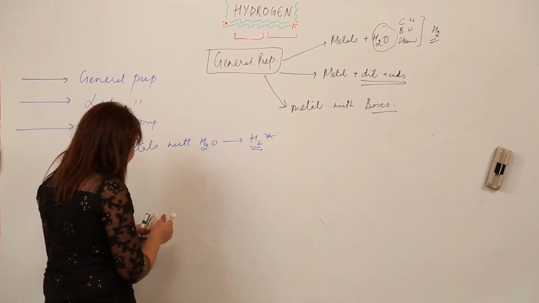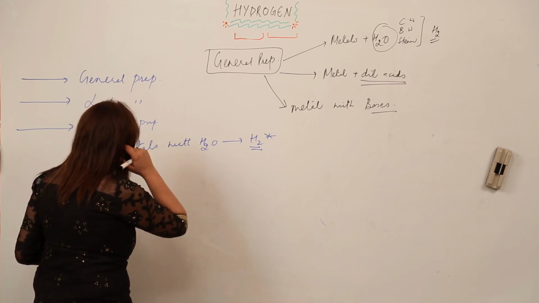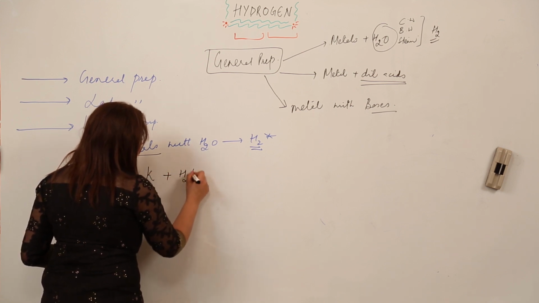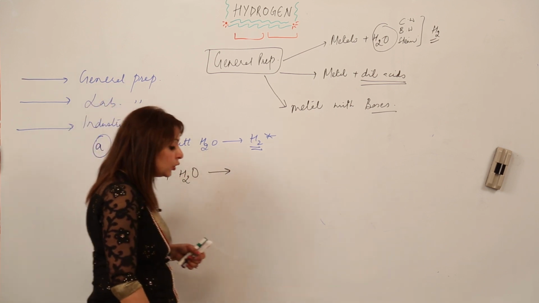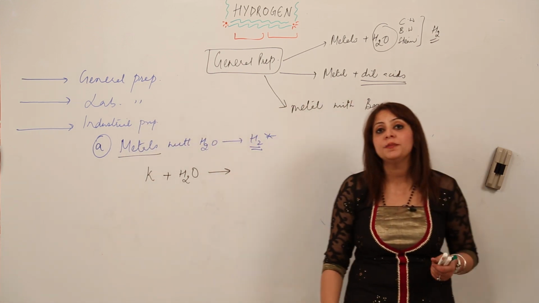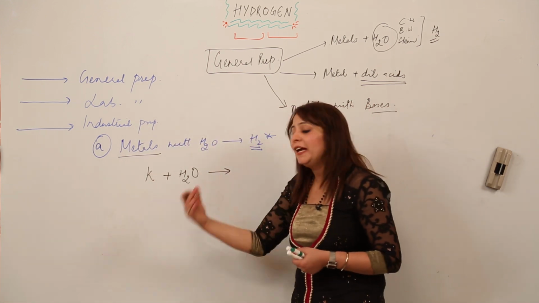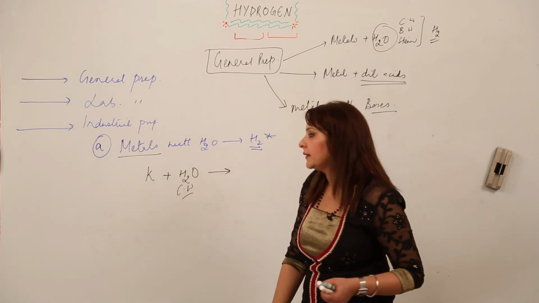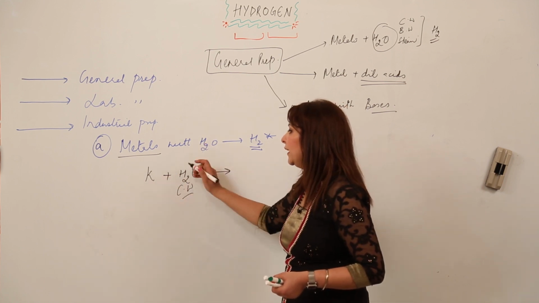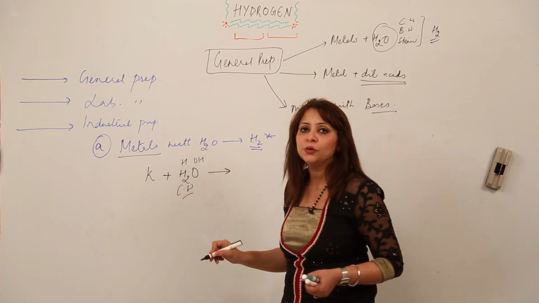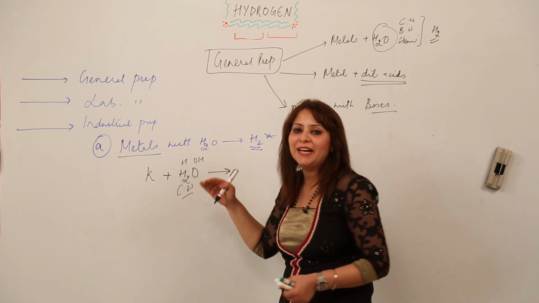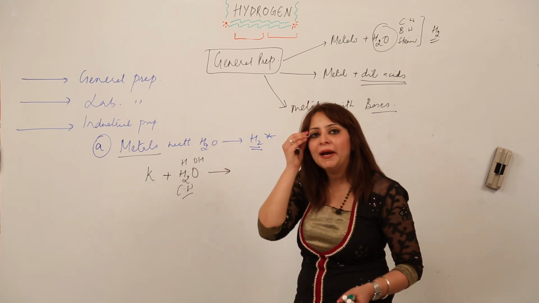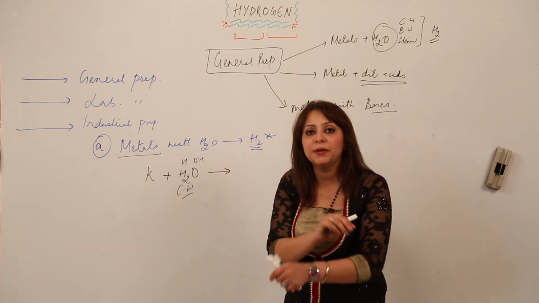The example which is striking in my mind for a metal is potassium. So what happens when I react potassium with water? We know that when a metal reacts with water, it forms the typical bases, the strong bases. So likewise potassium reacts with cold water, no heating is required in this case, right. So when K reacts, we know that H2O can be written as H and OH, just remember this, because it will help you